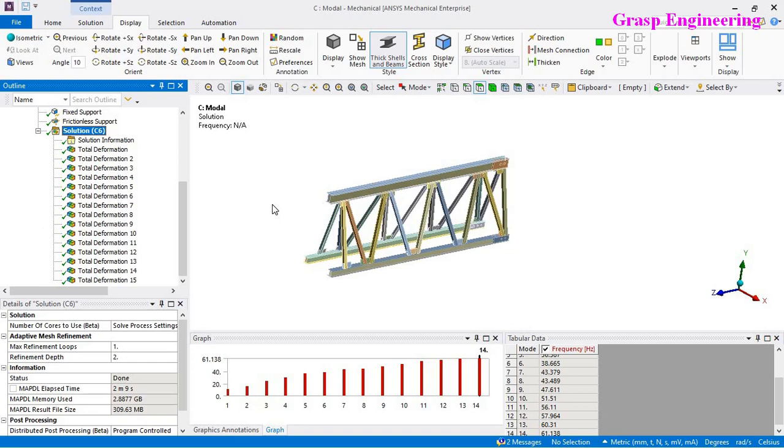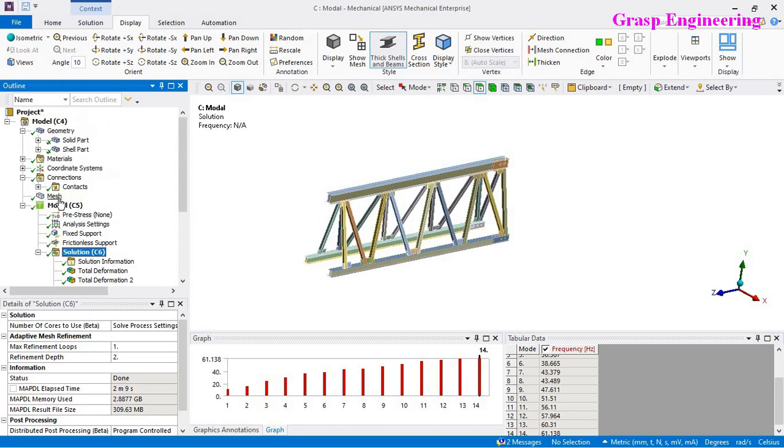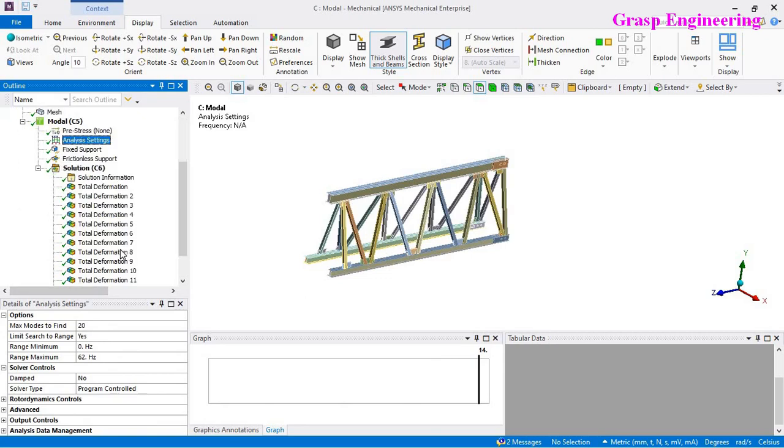In the first part we discussed a lot: how to do geometry cleanup, contact creation, the importance of auto contacts and how to tackle them, then meshing, as well as boundary conditions and how to define them based on your actual erection conditions. Then we discussed how to define the analysis settings, like the frequency range, then we extracted the mode shapes and discussed mass participation. In the next video we will discuss the random vibration analysis simulation.